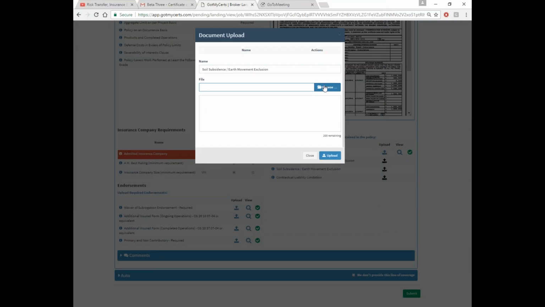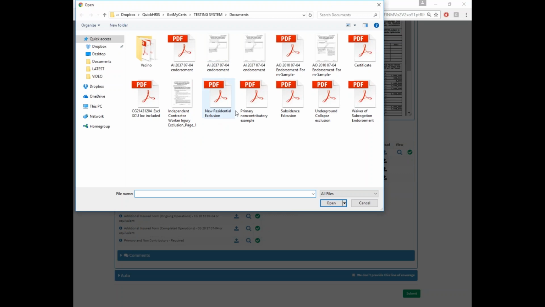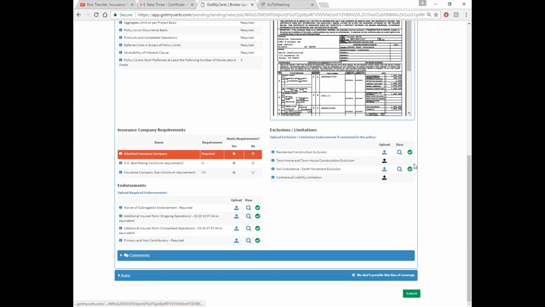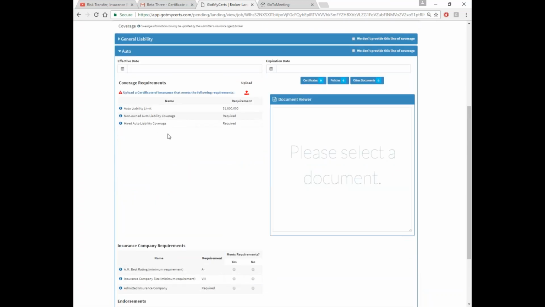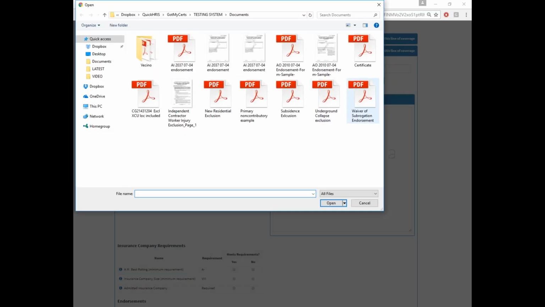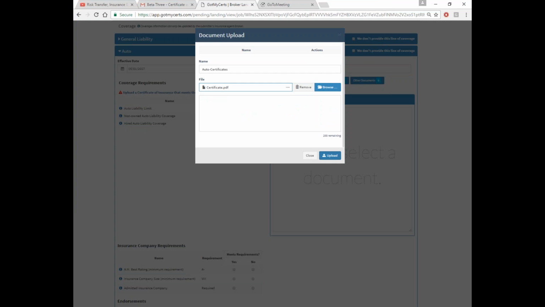No, that's the wrong one. Where's my subsidence exclusion? There we go. And then they can upload that exclusion. So now it shows the exclusions. The next thing is they click on the auto, they see the coverage requirements, they indicate the dates of coverage, they upload the certificate. Now in a future release we'll make it so the insurance agent doesn't have to upload